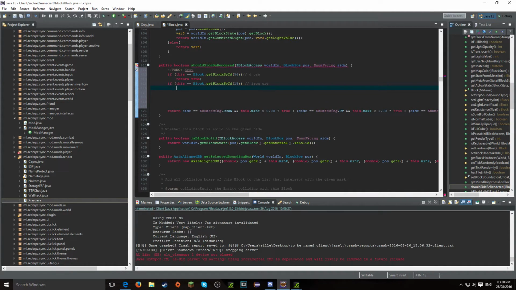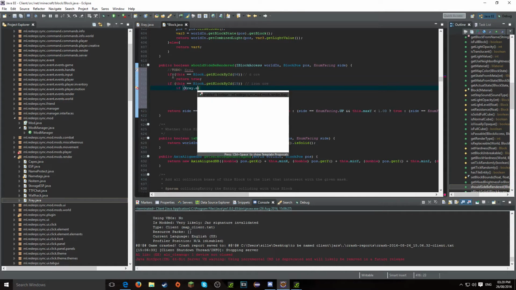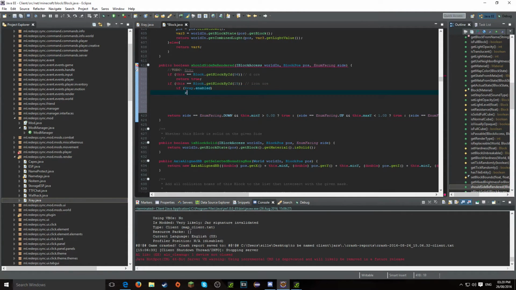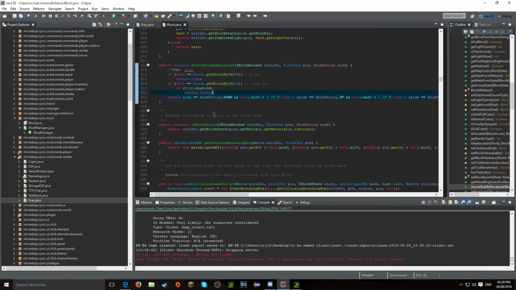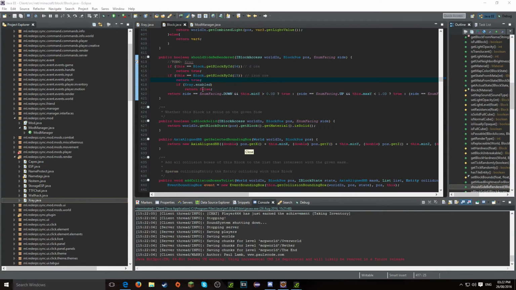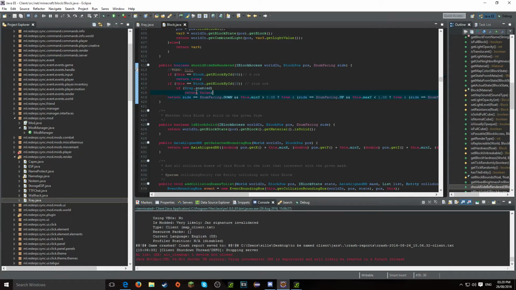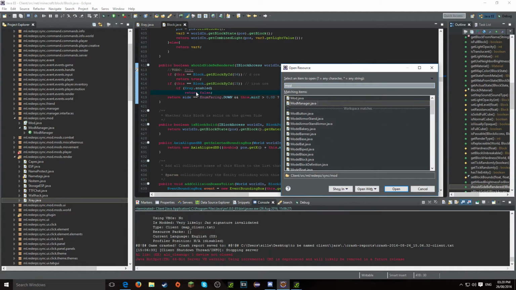And then we'll do if Xray.enabled, and then we'll do return false, and then we'll do this, and then we'll save the Block class. I just accidentally forgot to put return true here. So you just do this every time you want to add a new block. So just remember to put return true after the second one as well. And then we'll go to the module manager,